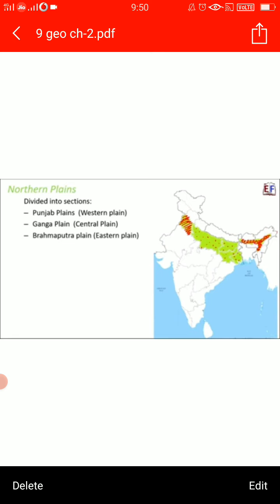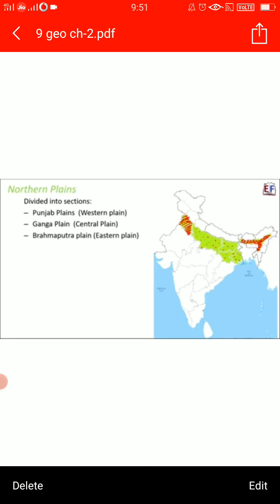Now, children, the northern plains are broadly divided into three sections, and you can see in the map the first section is the western part of the northern plains, which you can call the Punjab plains, and it is formed by the Indus and its tributaries.